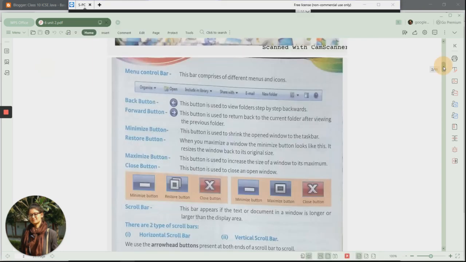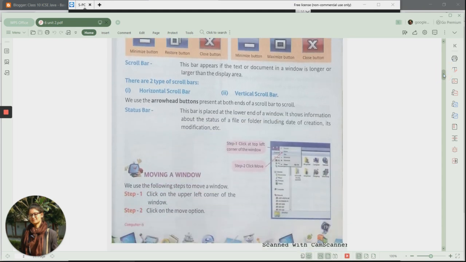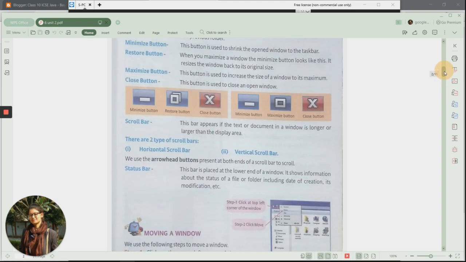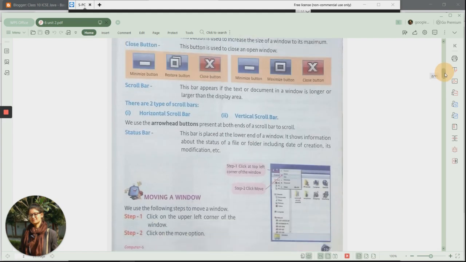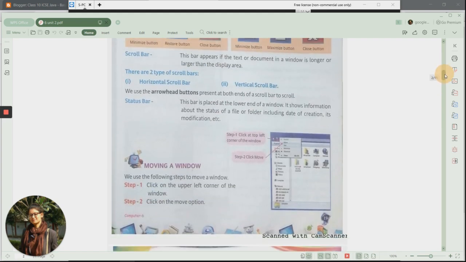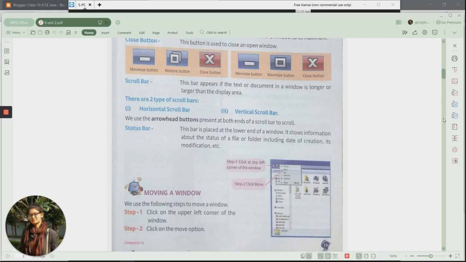Okay, now moving forward, we are having our scroll bars. See students, in this figure you are having this button, or see in the window, we are just moving up and down. If we are trying to move it up and down, then it is basically your vertical scroll bar. Okay, and if we are trying to move it in this way, left and right, then this is basically your horizontal scroll bar.